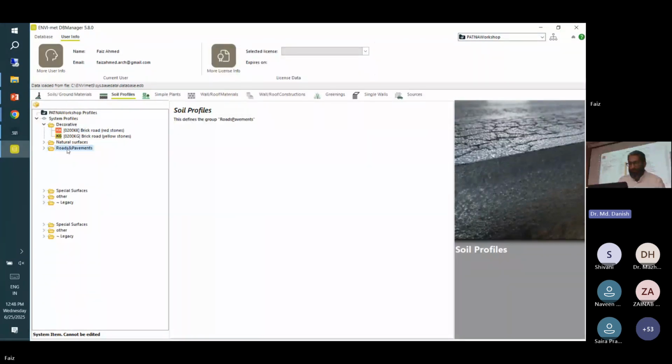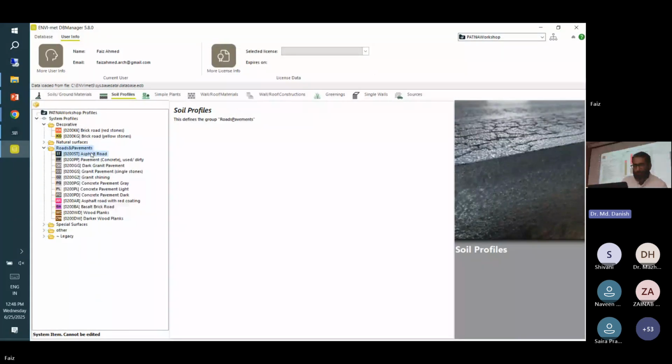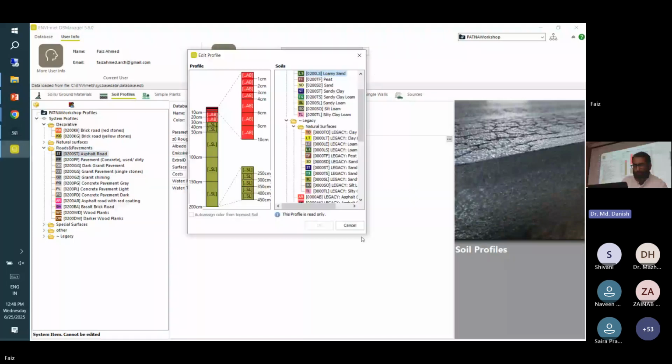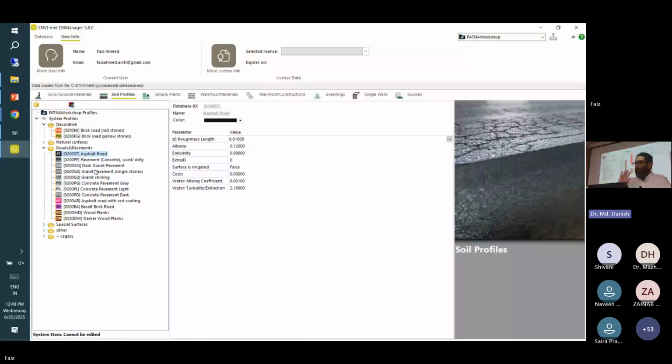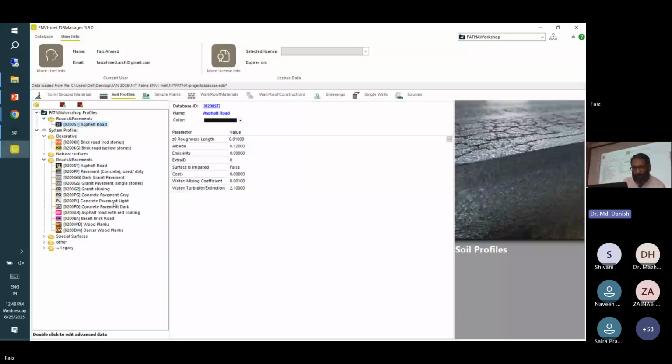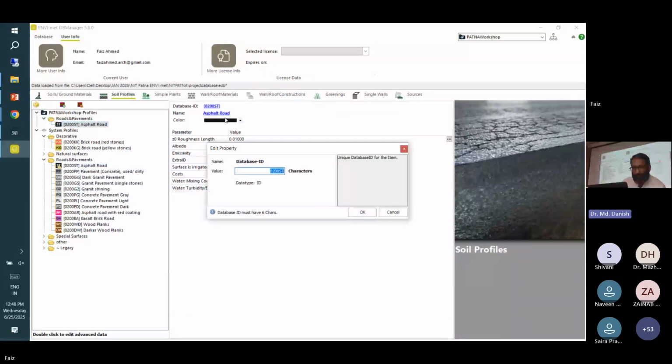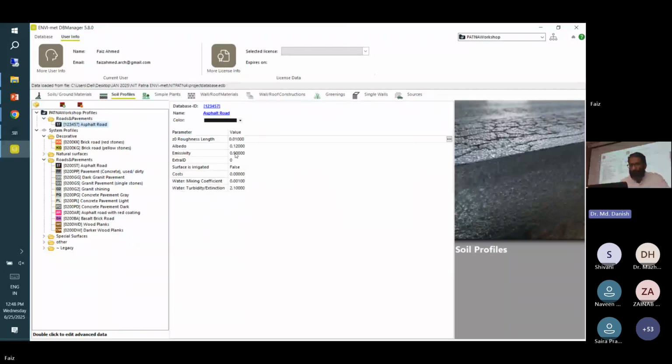Roads and pavements also, if you see, you can do sections here. What is the first layer? What is the second layer? Third layer? All can be done. For example, same like we did in the previous case, I'll right click, create copy, then I'll just change this again. So if I check now,